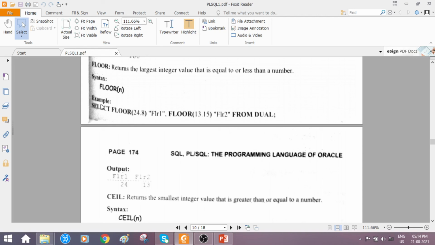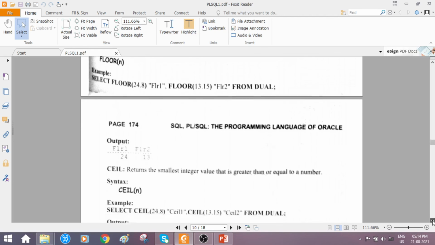Any number of floor functions you can apply in a single select operation, and you can retrieve the answers with the help of the dual table. Okay, so here how many column headings have we given for this function? FLR1 is a column heading. For the second function, FLR2 is a column heading. So the output for the first floor function is 24 and the second floor function is 13.